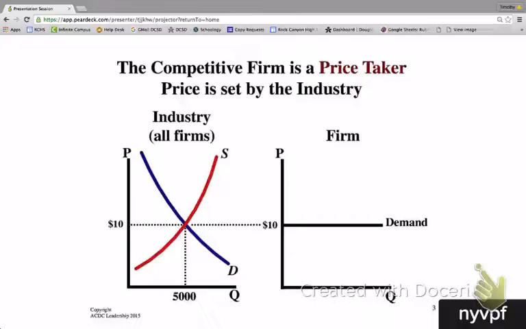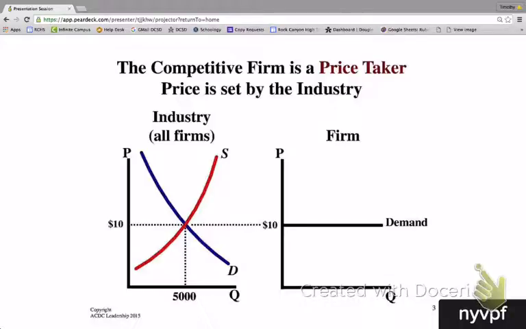In the industry, all firms face a downward sloping demand curve, like we've already seen when we studied the law of supply and demand. So in the market as a whole, demand is downward sloping. When the price falls, the quantity demanded rises for all firms. When the price goes up, the quantity demanded falls for all firms. And they face an upward sloping supply curve. So the industry in this particular case would be accepting a market price of $10, and in the industry, 5,000